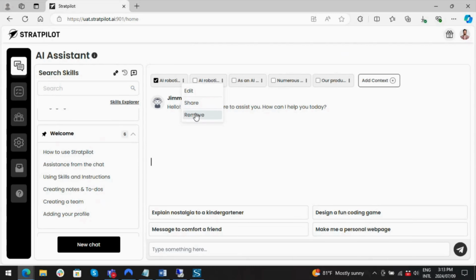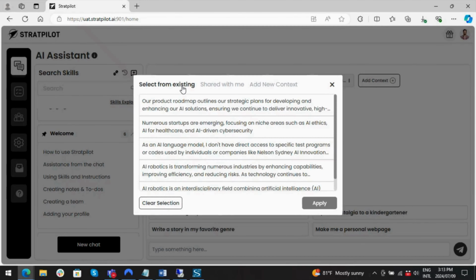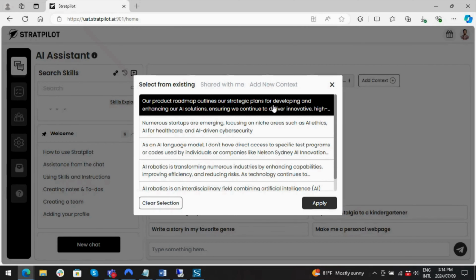Alternatively, I'm able to just simply remove that context and add a new context that I want the chat to take into consideration. You can see here we have the add context button. Once I select the add context button, I'm able to see the existing context. If I want to select that context, I simply select the context